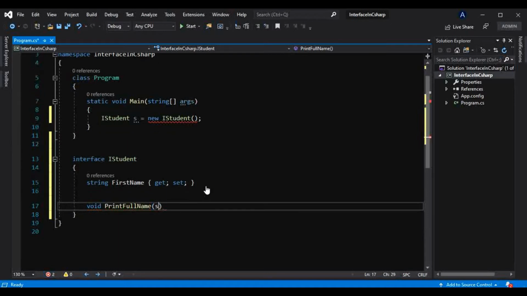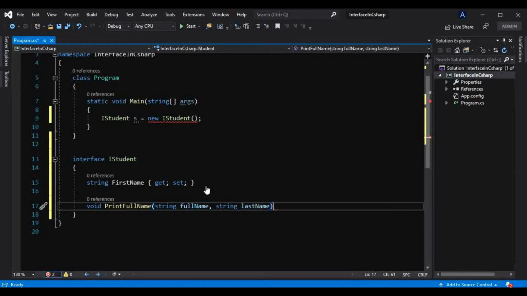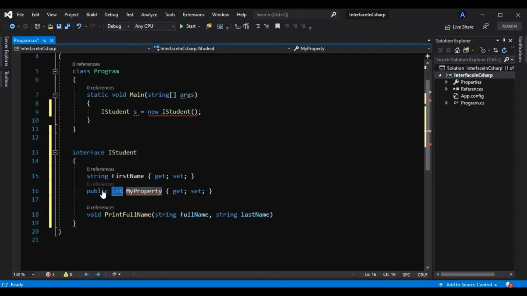And I will take two parameters here, string full name and string last name, and let's just have another property here which we will not make public, because we know this is not allowed in an interface.